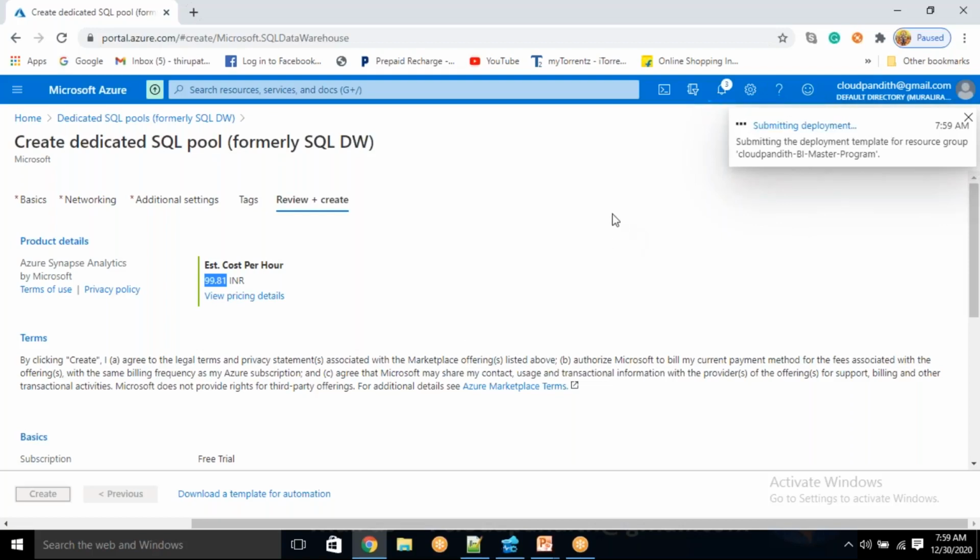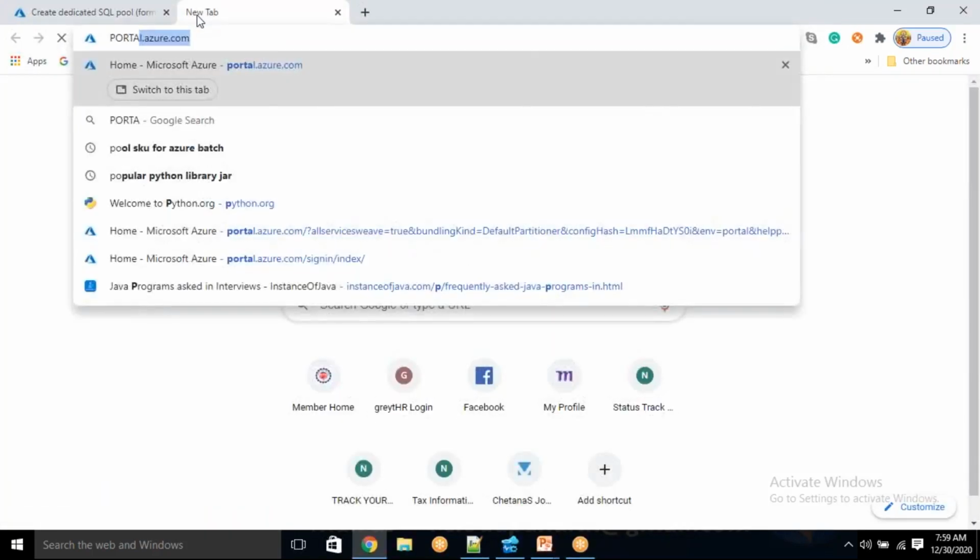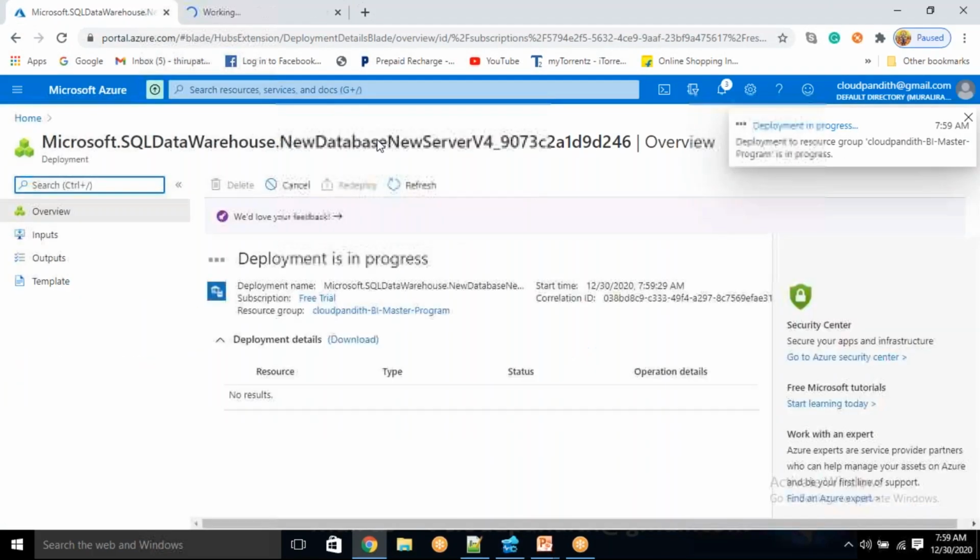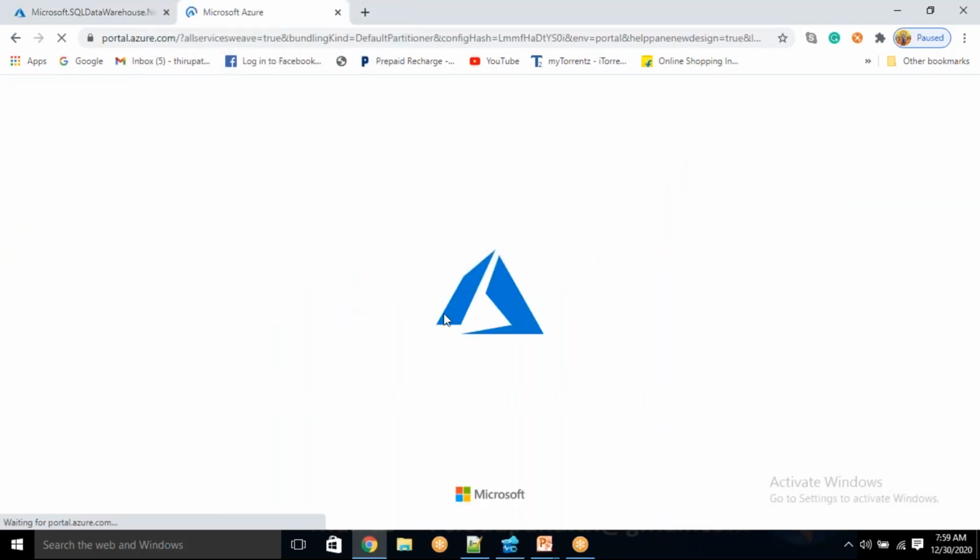Okay, it will take some 10 to 15 minutes. Okay, let's wait. Meanwhile, let's create other resources and then we will start our data flow debug. Meanwhile, our data warehouse will be ready. Okay, from here,